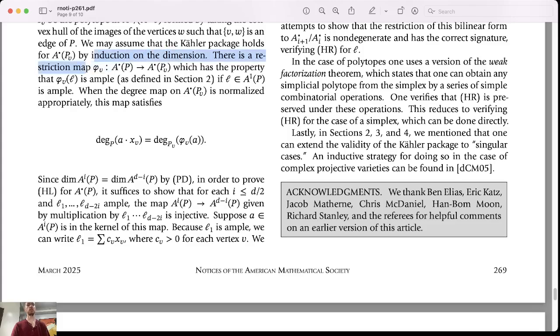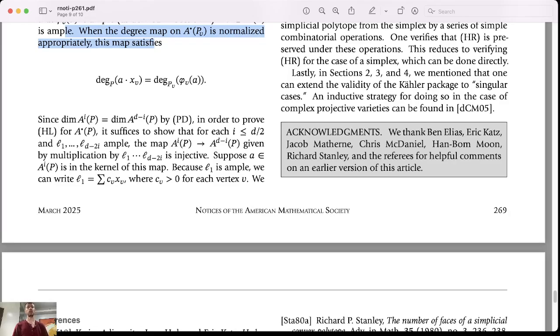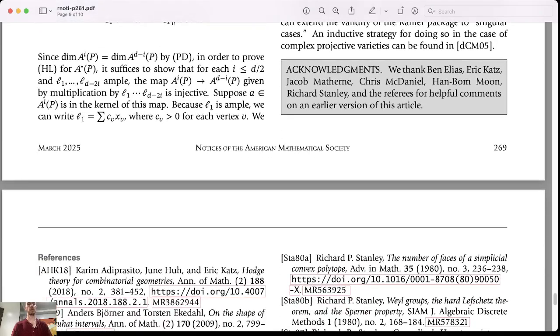There is a restriction map φ_v from A^•(P) to A^•(P_v) which has the property that φ_v(ℓ) is ample, as defined above, if ℓ in A^1(P) is ample. When the degree map on A^•(P_v) is normalized appropriately, this map satisfies deg_P(a · x_v) = deg_{P_v}(φ_v(a)). Since the dimension of A^i(P) equals the dimension of A^{d-i}(P) by the Poincaré